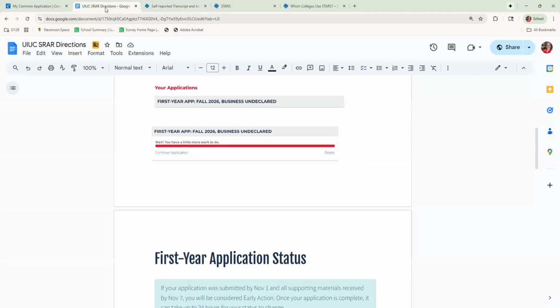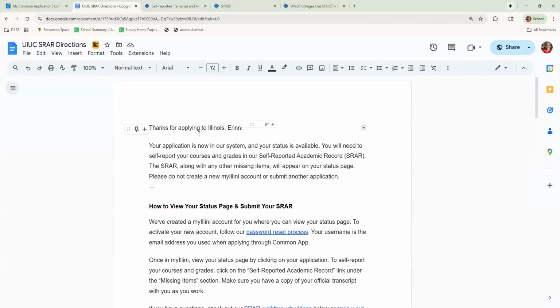The last one I want to quickly go through is for U of I. Some of our seniors will self-report their grades through the Common App. They will also self-report through STARS. And if they're very lucky, they will also self-report their academic record through U of I's individual My